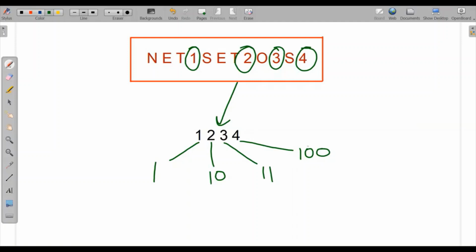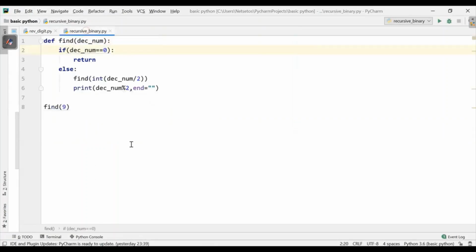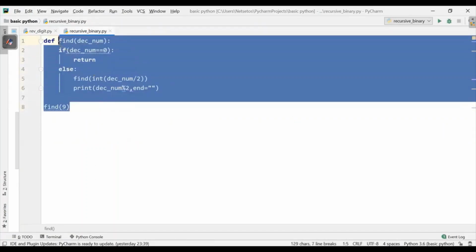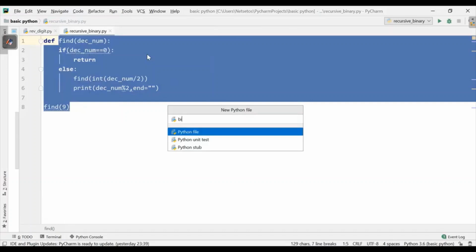So let's go to PyCharm. Here I have the program for reversing the characters, and the other one is to display the binary equivalent of a number. Now I'll make a new file and name it bin_char, because I have to display the binary equivalent of the characters present in the input string.